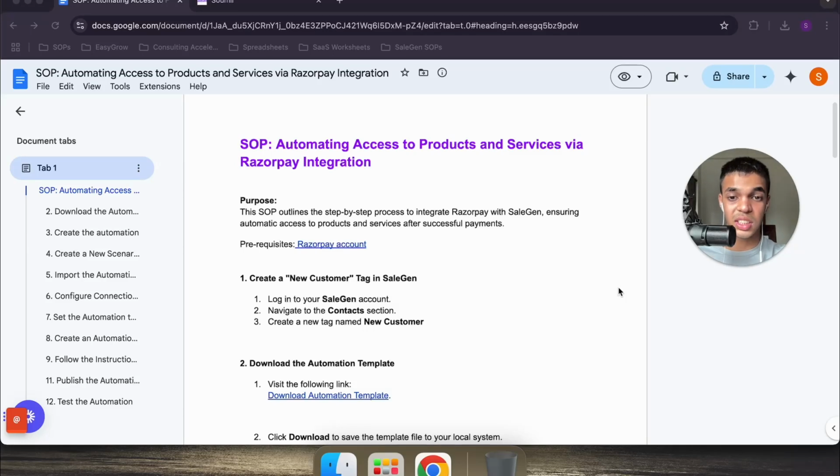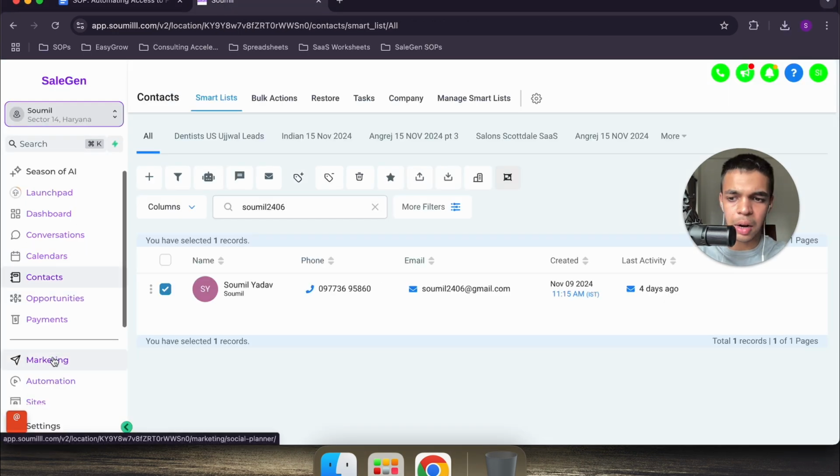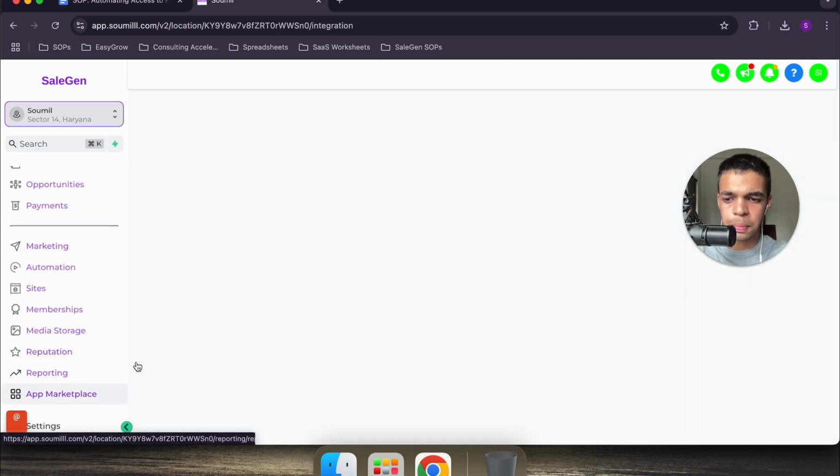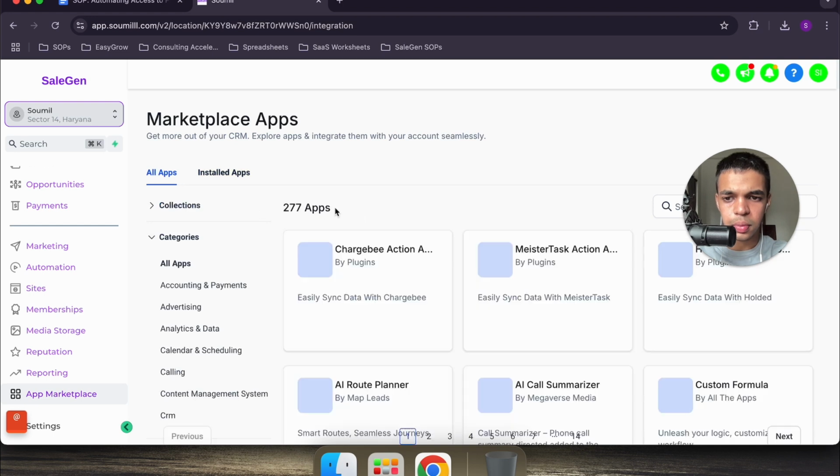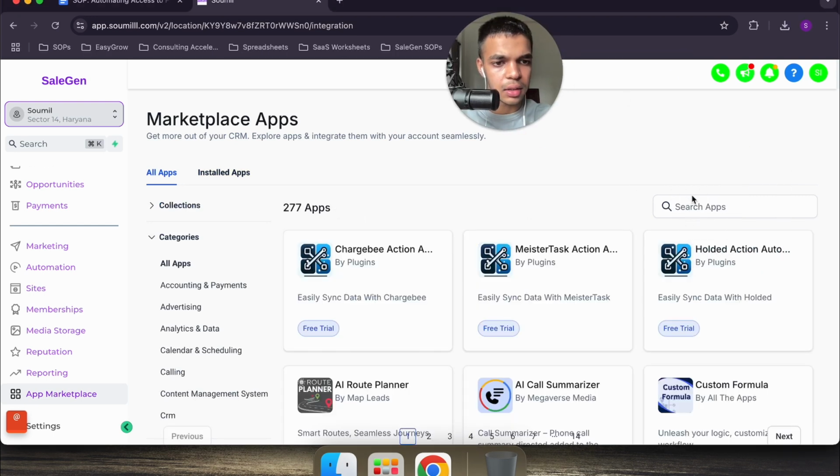This is the step-by-step process which you can follow to integrate Razorpay with SaleGen, which ensures that whenever someone pays you any sum of money, the access to the product which you're selling, maybe it's a community, course, whatever, is automatically granted to him. Now you might be wondering, Somil, you said that in the SaleGen platform, I can just simply go to the app marketplace and I can just search for Razorpay and